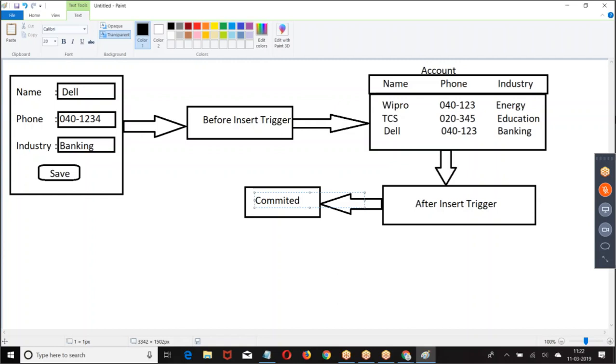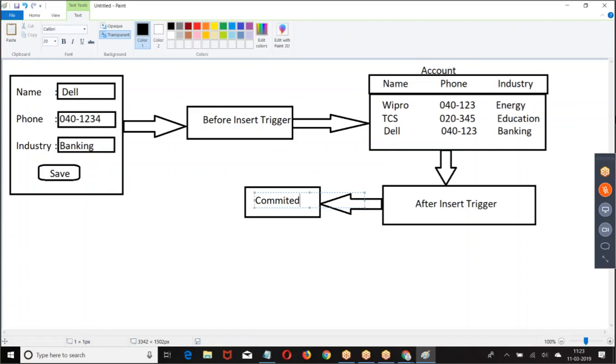So when you are trying to insert the record, whether through the DML insert operation, from a web service, or from the data loader, whatever the way you insert, you may insert from anywhere. But the moment you say insert, it will go and run the before insert trigger. After completing the before insert trigger, the record will be saved to the database. After the record is saved, the after insert trigger will be fired. After running the after insert trigger, the data will be committed to the database.